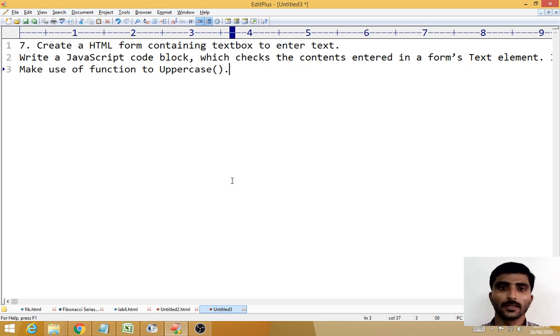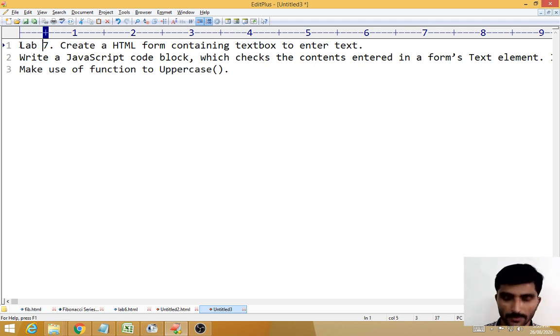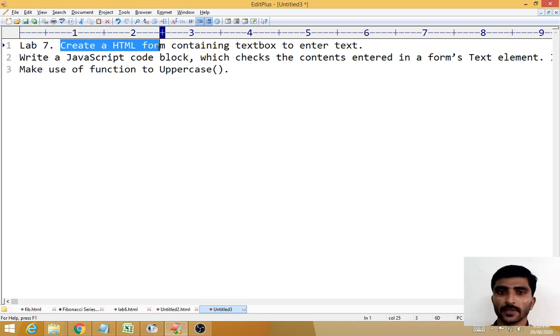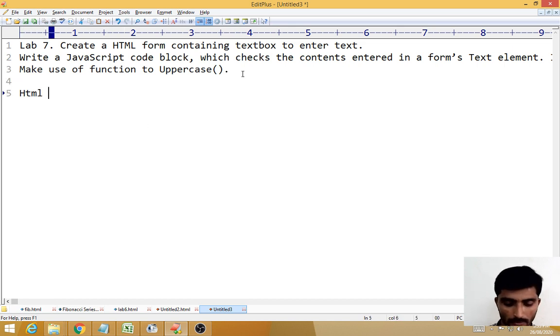So in this lab we are going to discuss lab 6th one, lab 7th one, right? So what is the question? What are they given, what do we have to do, how to analyze what you have to do. So they are asking to create an HTML form, right? In the previous class I explained to you the HTML form, how you are creating an HTML form using